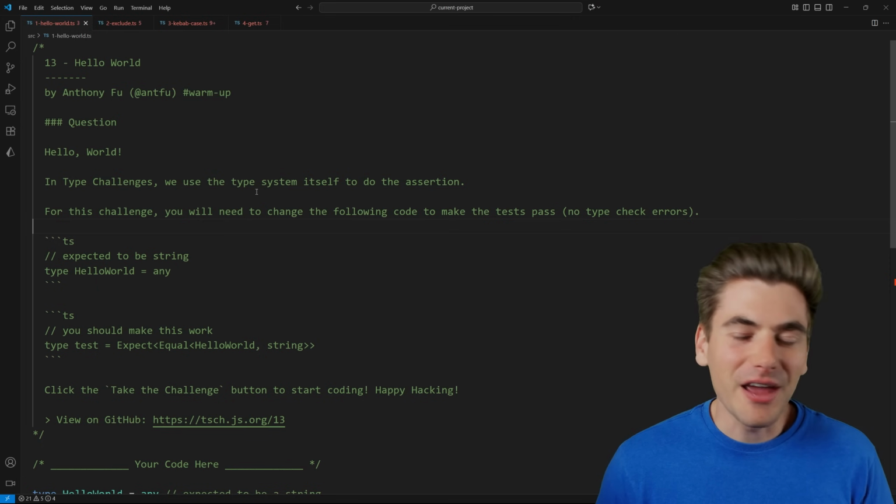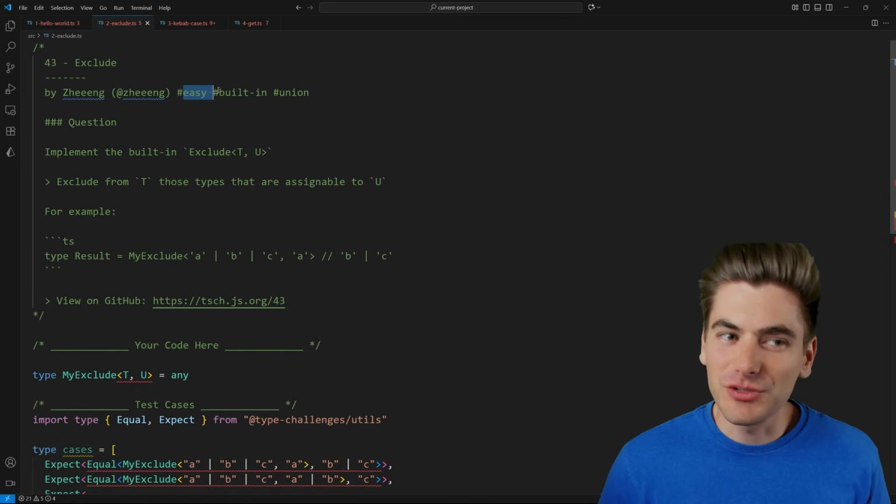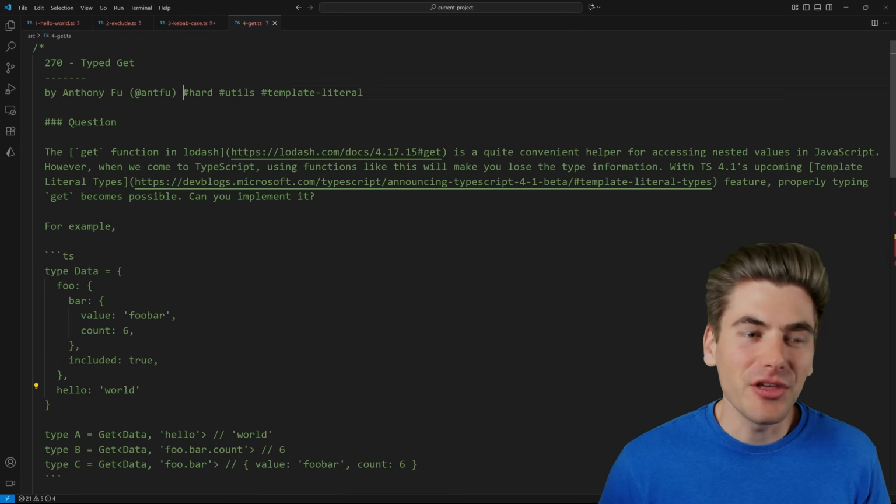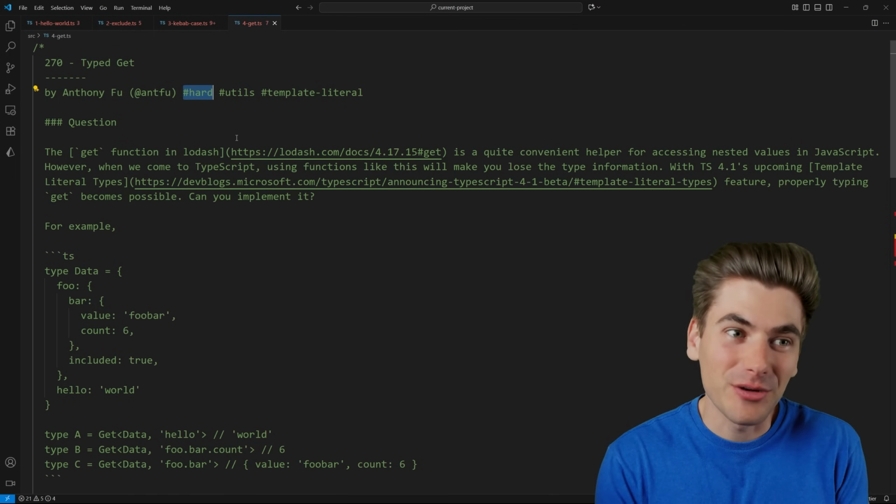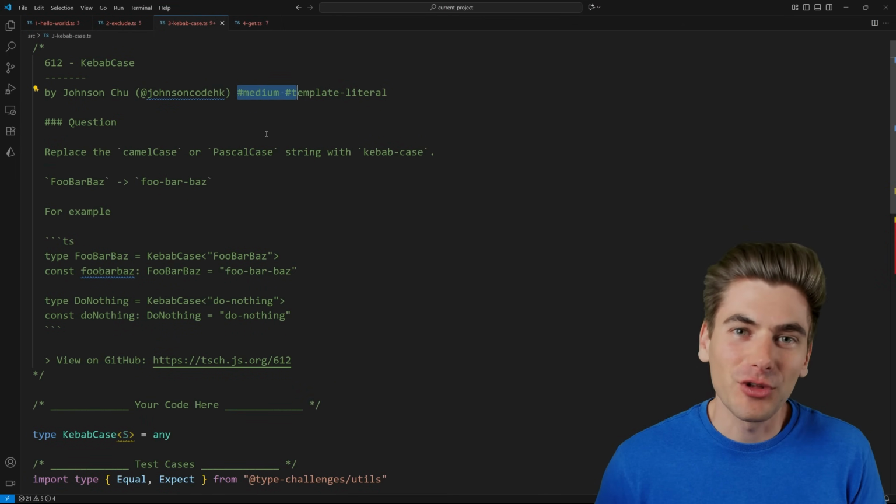And I have 3 challenges I'm going to be tackling. The first is rated as easy, the second one is medium, and the third one is hard. And I'm honestly quite scared about this one because even the medium challenges I've looked at in the past are